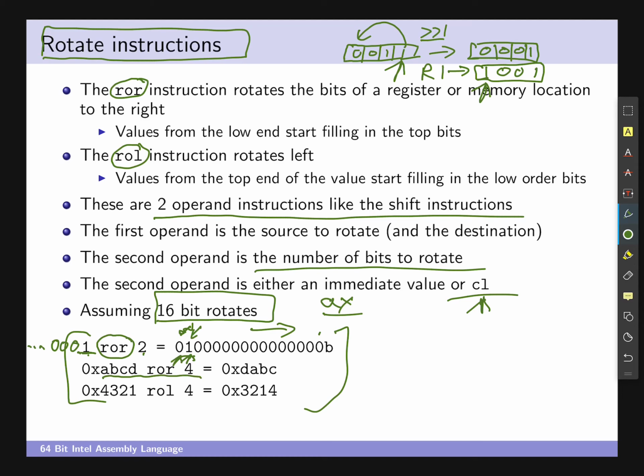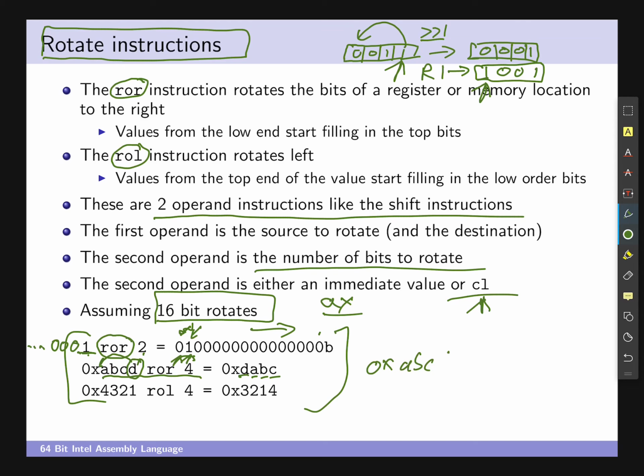So if I, for example, perform a rotation of size 4, it means that I'm moving, say, D will get moved to the top. Again, this is all assuming 16 bits, but if I were to rotate right by 4, I end up getting D, A, B, C. Now note again, if I have